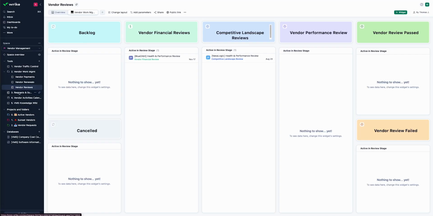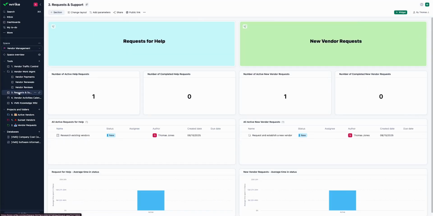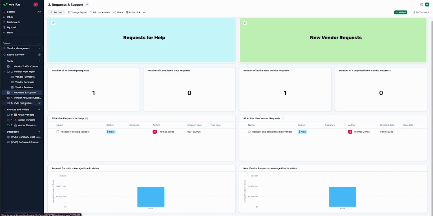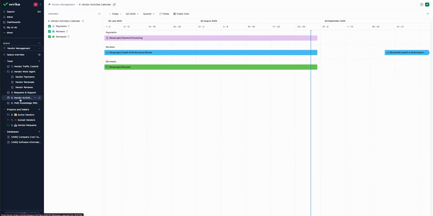Additionally, there's often a need to handle tickets and requests for help among the various teams in our business. So we have a process identified and established to handle requests for help for existing vendors, and even a process to handle new vendor requests across the teams in our company. Also, all of this work is managed via a calendar. It's important to understand what's on our team's progress, what we need to be looking ahead toward, and maybe where